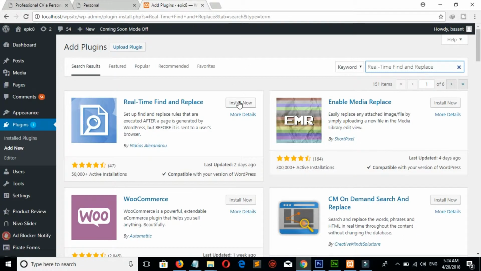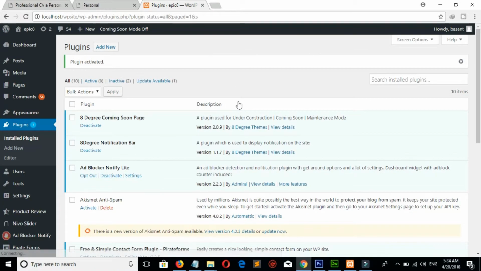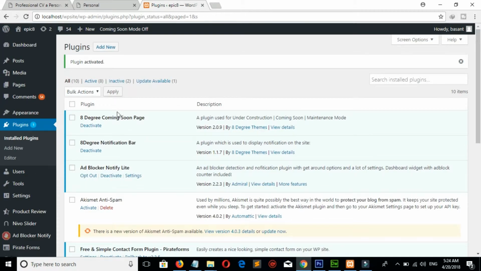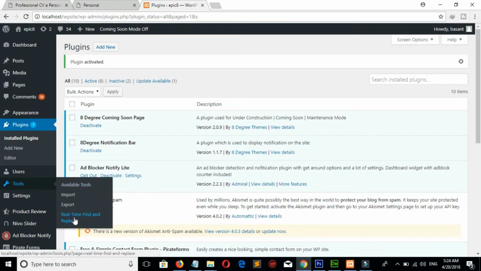So let's install this plugin. Now go to Tools and here is the plugin.